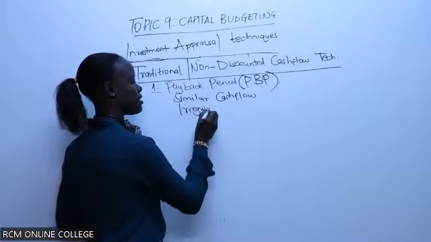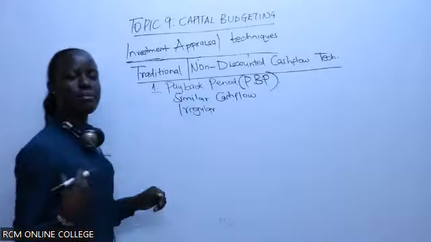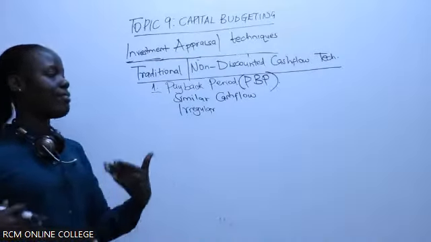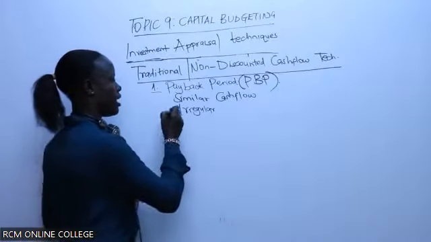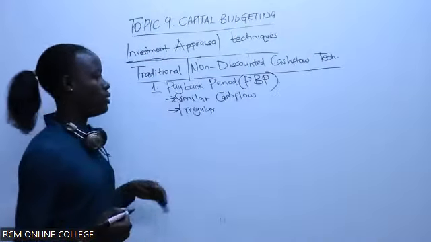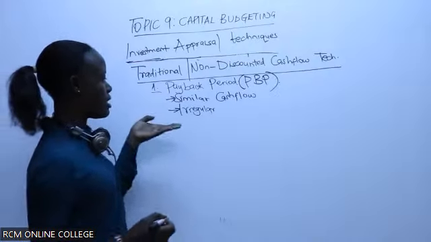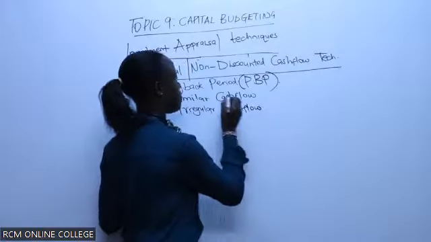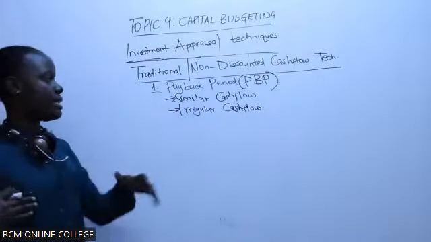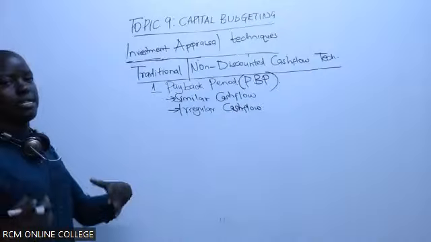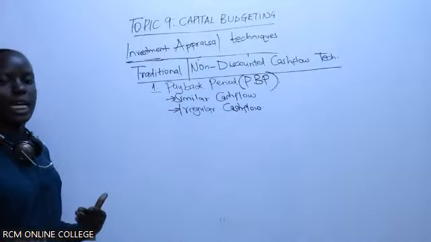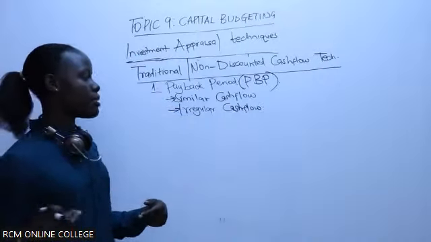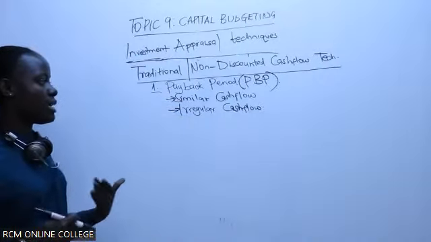For instance, the first year we receive maybe a cash flow of 50,000. The second year we get another one of 80,000. The third year we have 30,000. So that is an irregular cash flow. In these 2 cases, calculating the payback period is different. Calculating a payback period for a project with a similar cash flow is different from calculating the payback period of another project with irregular cash flow.